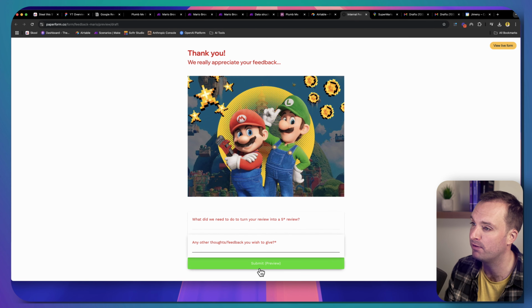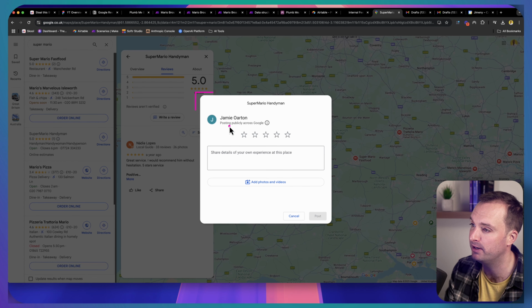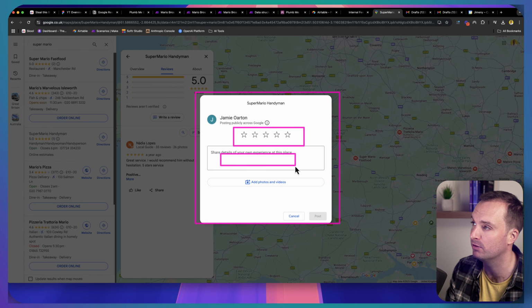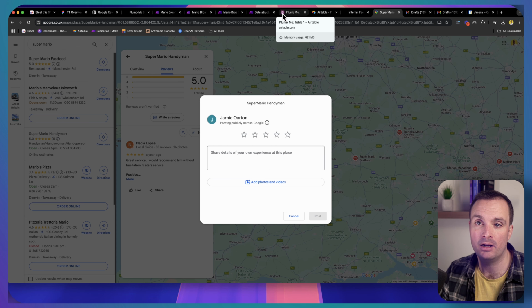Whereas if they did give you a 5-star review, bang, it immediately is going to take you to the public page. You can then fill in the 5 stars, add your own details in, and you will continue to populate your 5-star reviews. One of the things that I recognized was really lacking in a lot of the templates